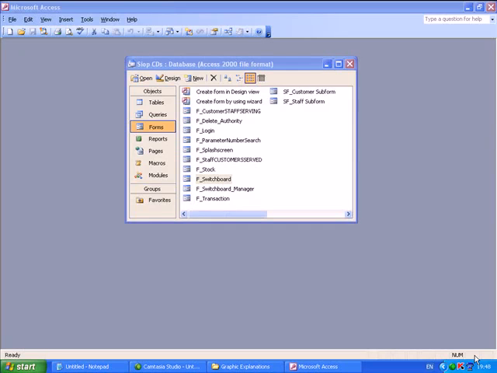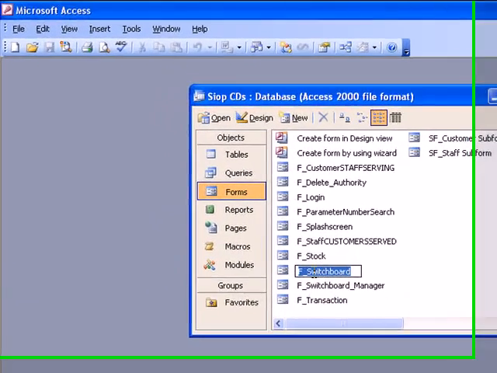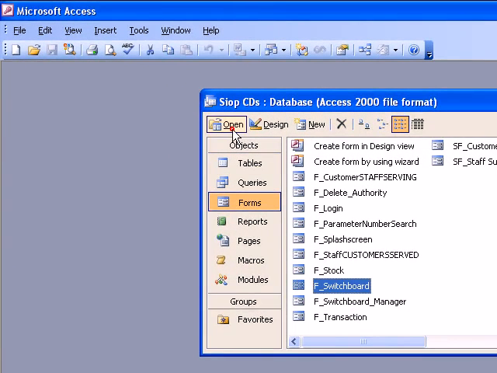In this tutorial, we're going to look at getting access to play a song or a sound file when a form is opened. What I'm going to do is get access to play a song when the form switchboard here is opened. The first thing I need to do is create a sound file that's